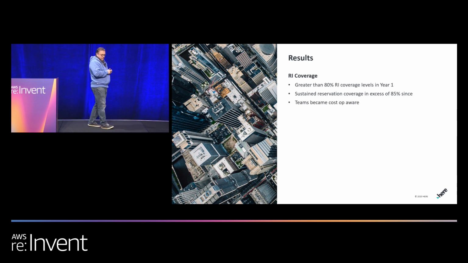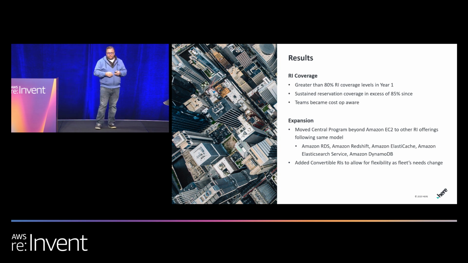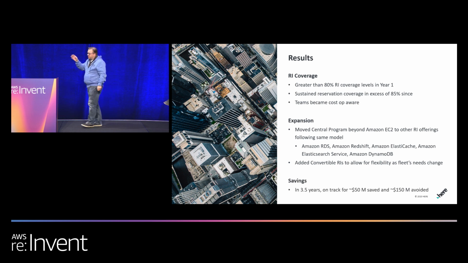So we have an RI coverage, as you saw from the graph in the beginning. We follow the same KPIs globally. RIs cover 85%. China is no different. The expansion of this into other RI offerings as they come online inside of China, we follow it, right? It's a wash, rinse, repeat. And for the global teams, in the last 3.5 years, we've saved millions of dollars following these same programs. So management and finance are very happy to see those programs go into China as well.